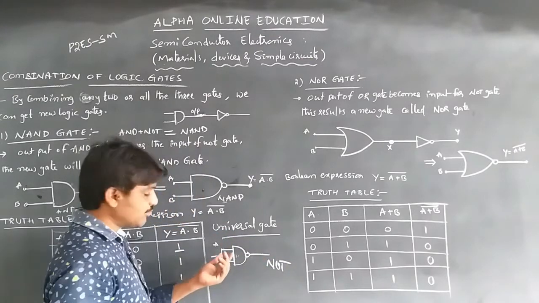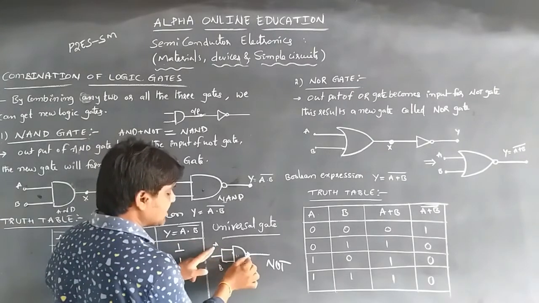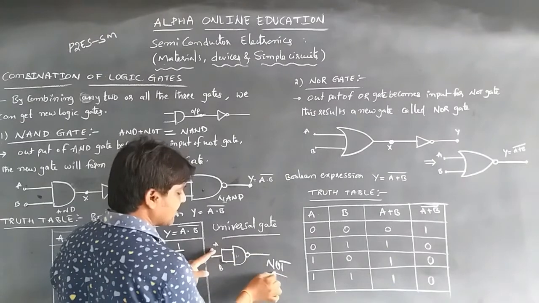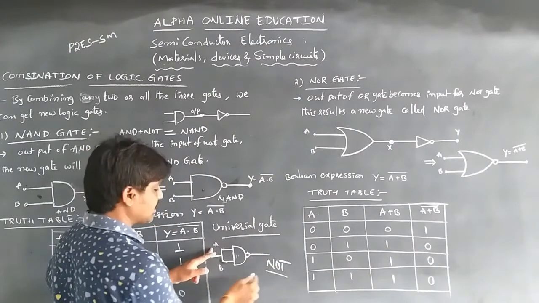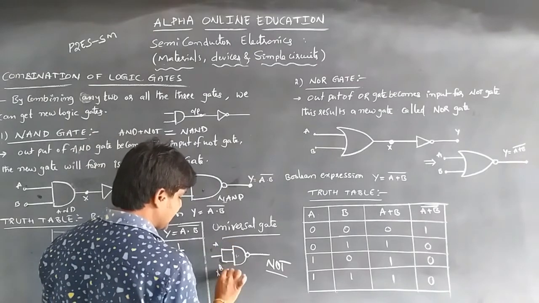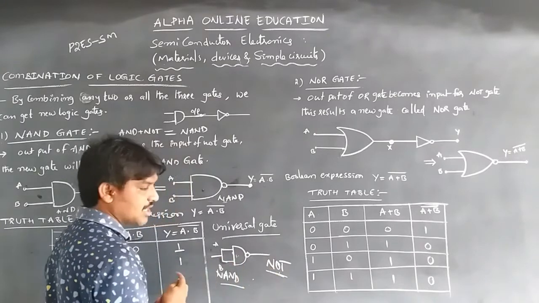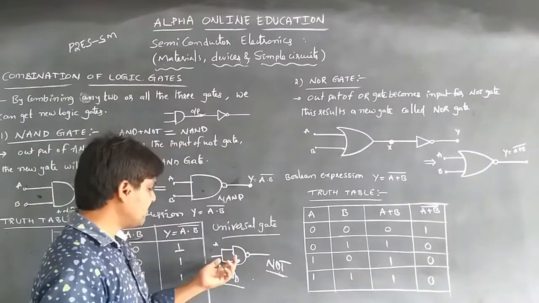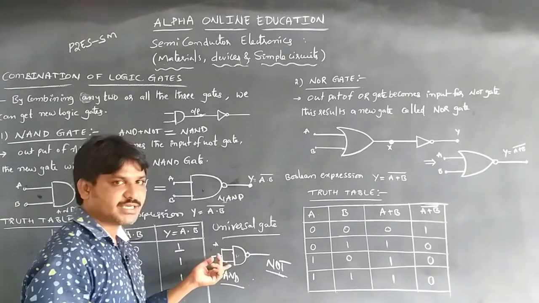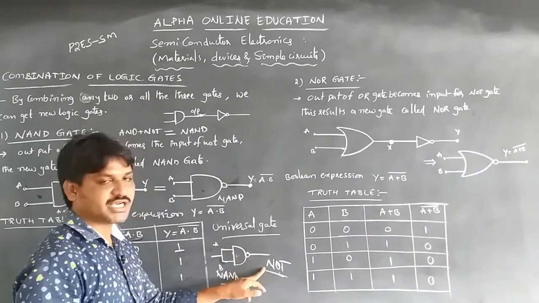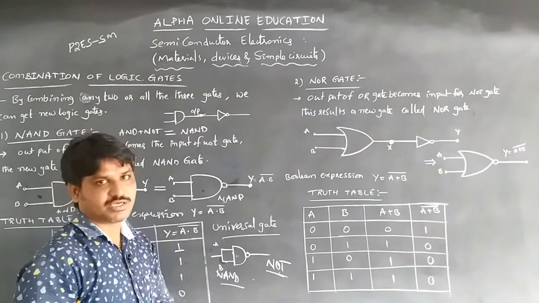When the inputs of a NAND gate are connected together, a NOT gate is formed. So by using the NAND gate, it can form these building blocks. Whenever the two inputs of a NAND gate are combined, it becomes a NOT gate. So by using the NAND gate, we can construct the general logic gates,